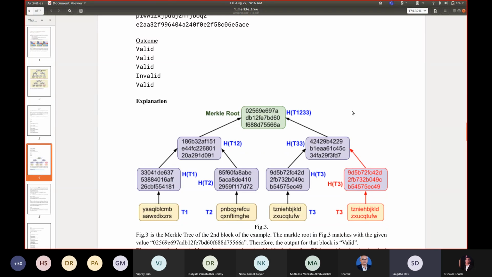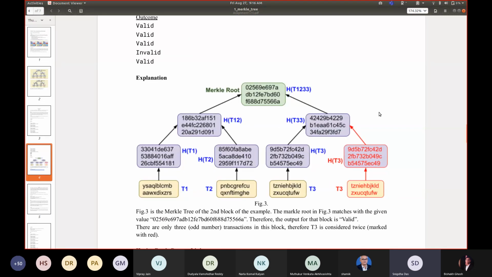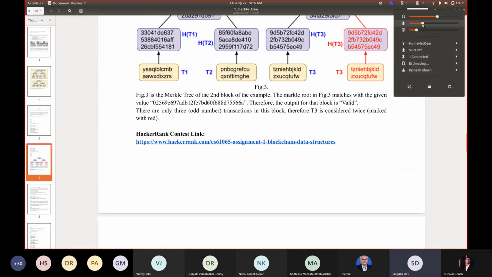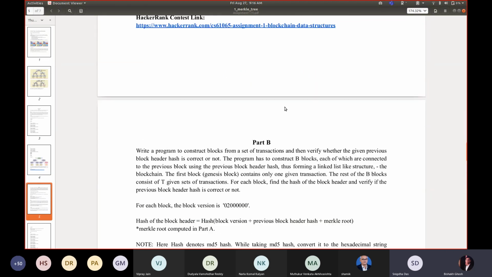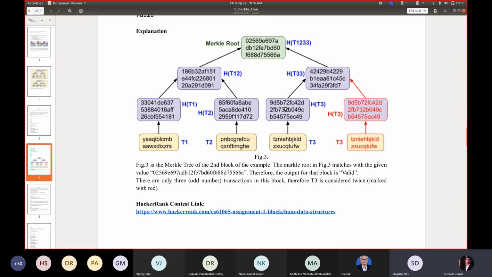Scroll down. So to part B, the Merkle image.